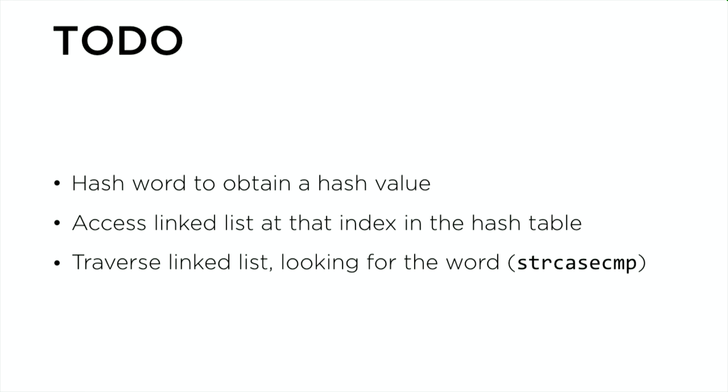So you can traverse that linked list, looking at one node at a time, looking for the word in question, and using the strCaseComp function, which is similar to strcomp, which compares two strings, but strCaseComp will compare two strings case insensitively, so it won't matter whether the word is uppercase or lowercase, for example, in order to find the word. If you're able to successfully find the word, your function will return true, and otherwise your function will return false. How do you traverse a linked list, though?